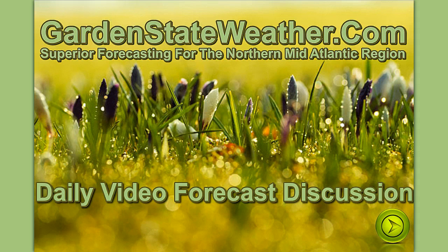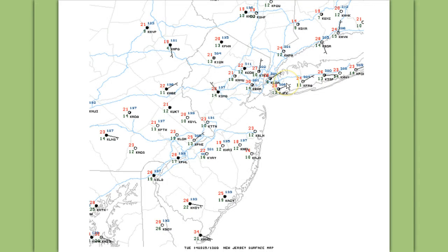Latest morning surface map for the New Jersey, New York City, Philadelphia metro area shows mid and high level clouds spilling over the top of the ridge, which is exiting now, and a storm system shortwave approaching from the west. A storm system is developing off the Florida coast this morning, and these two will merge into a big, powerful nor'easter. Thankfully, though, it will be